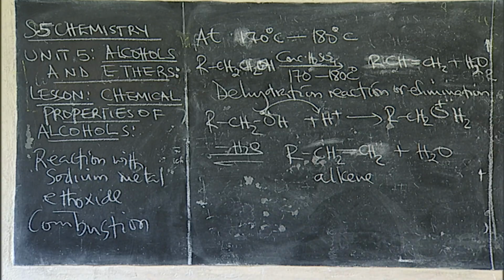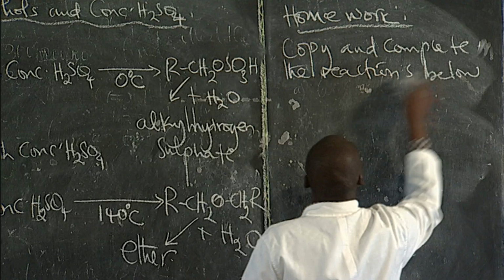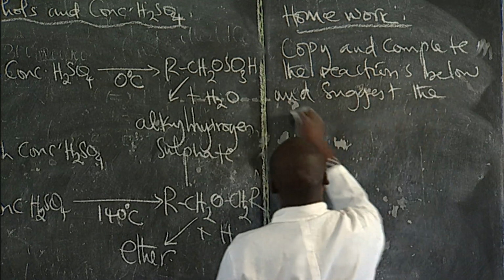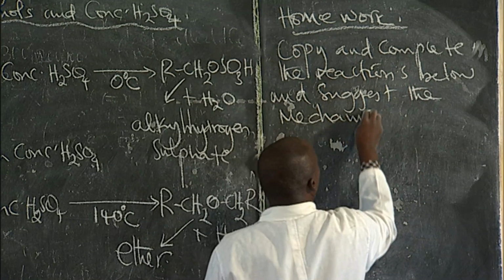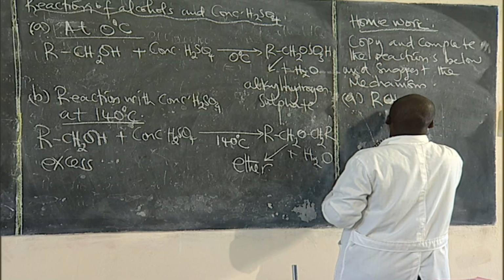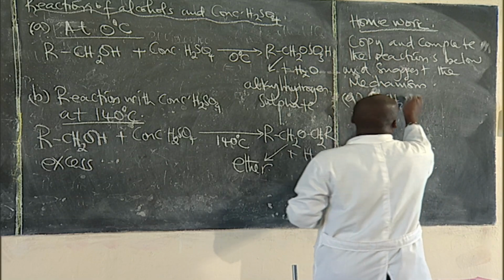Now, can we look at the homework? Just copy this work as we go through. Copy and complete the reactions below, and suggest the mechanism for each. A, we have, let's be specific, CH3OH,